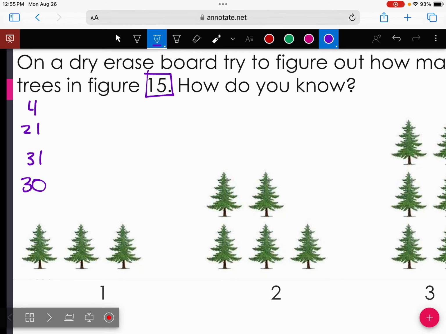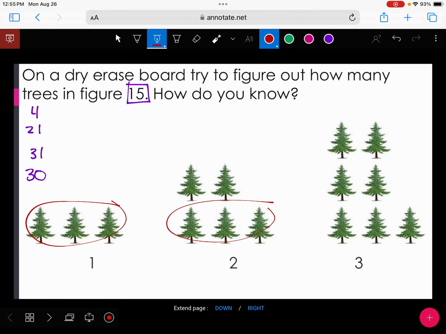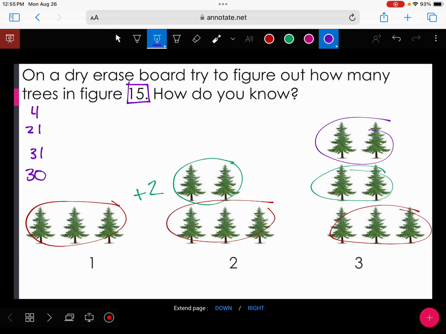Okay, so we've got some ideas. How did you figure that? Yeah, so we've got 3 trees here. These 3 trees tend to just stay. They're hanging out. And then I've got 2 more trees, so we added 2 here. And they're still here. And then we added 2 more here. So if it's changing by 2 each time,